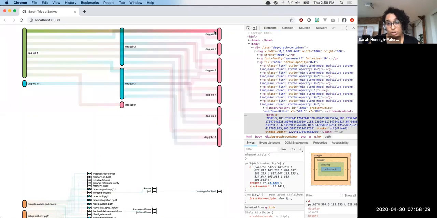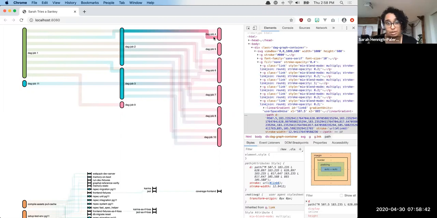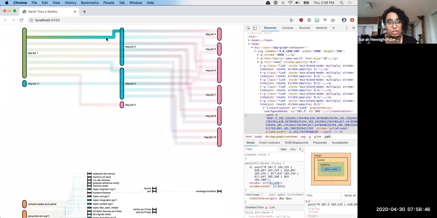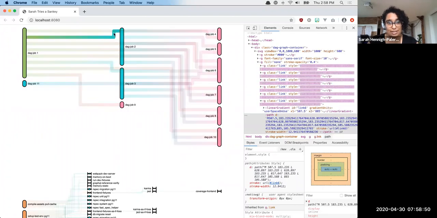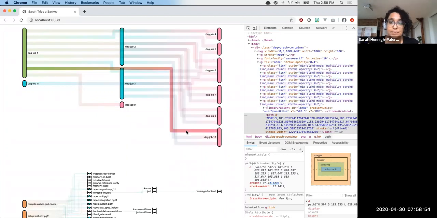So this is now showing all of the lines instead of filtering them, instead of deduping them. And so you can see that job 4 has this line straight from 1 to 4, and also this line from 2 to 4. But 2 also has a line to 1. So really, essentially what we're drawing is just this line as a through line, like 1 to 2 and then 2 to 4. Okay,